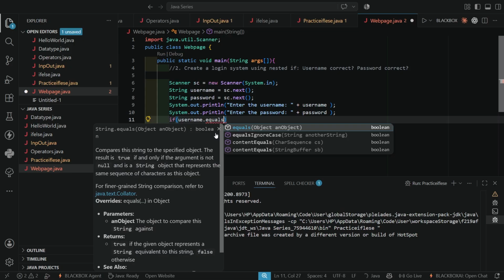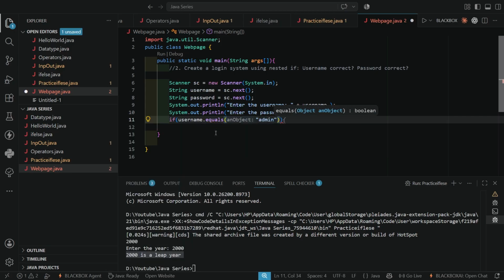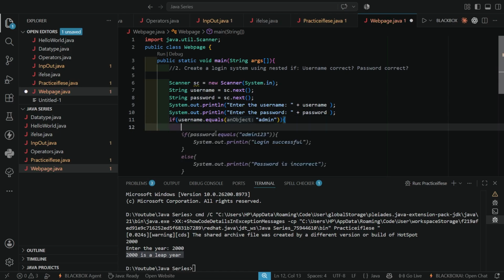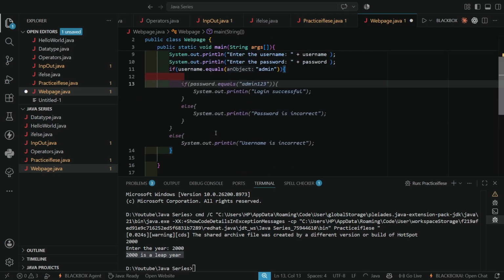Equals is a Java built-in method which compares whether the entered value is equal to the value which is present. Clear? If it equals admin, then it will check for the password. This is with respect to the username, right?